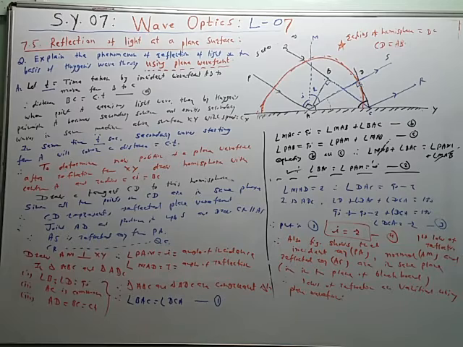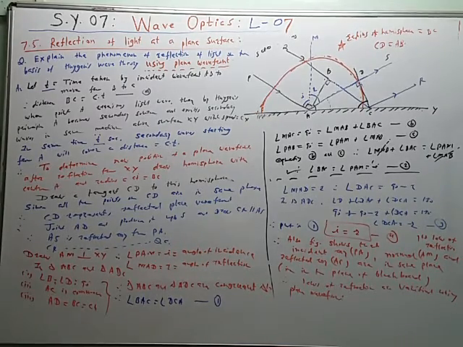So now we have to prove I is equal to R, and therefore we have drawn the normal AM. So draw a normal AM to the surface XY. So angle PAC is equal to 90 degrees. The angle between the incident ray PA and the normal is called the angle of incidence I. So PAM is equal to I, the angle of incidence. Now this is the corresponding reflected ray AD or AS. So the angle between the normal and reflected ray is called the angle of reflection R. So angle MAD or angle MAS is equal to R, the angle of reflection. So we have to show that these two angles are equal.